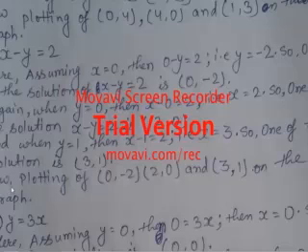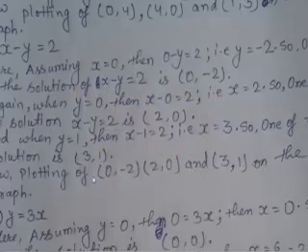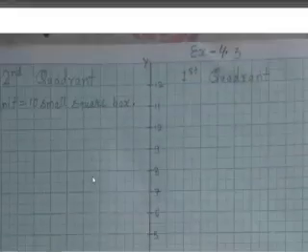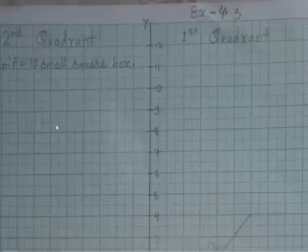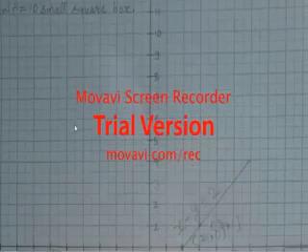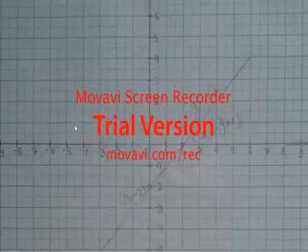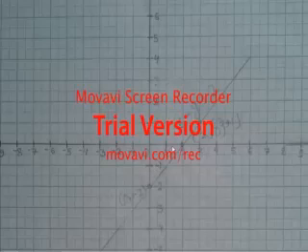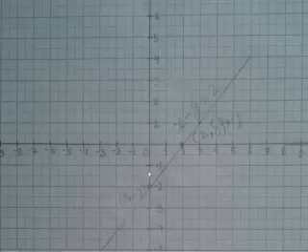Now plotting 0 comma minus 2, 2 comma 0 and 3 comma 1 on the graph. Let's see. This time I have sent a lot of solution pages, because a graph paper is required for each question, so I have drawn each question on its own graph paper. You can see all the points I plotted: 0 comma minus 2, then 2 comma 0, then 3 comma 1. After that, all these points are joined in a straight line, and this line becomes x minus y is equal to 2. In this way you have to show the line.